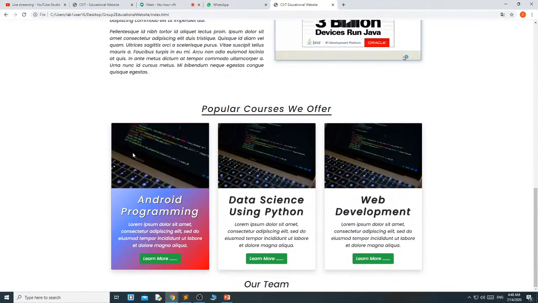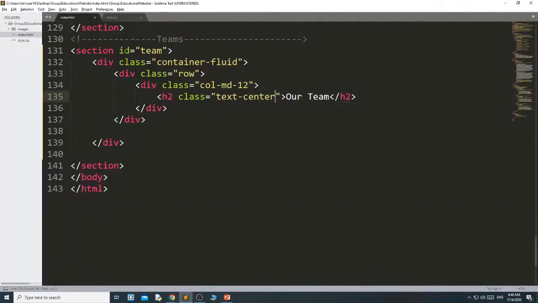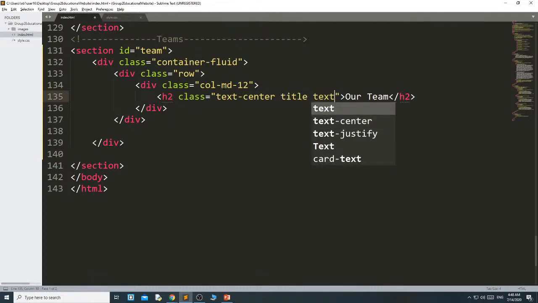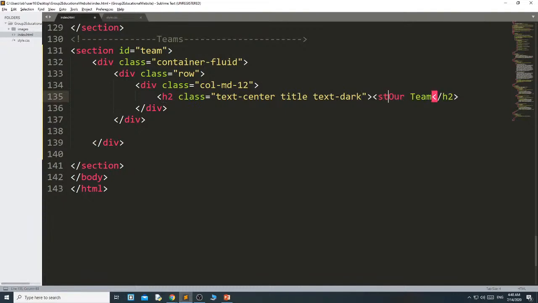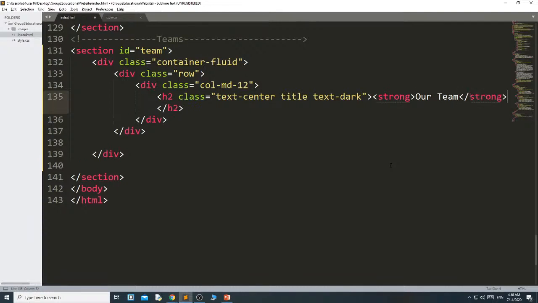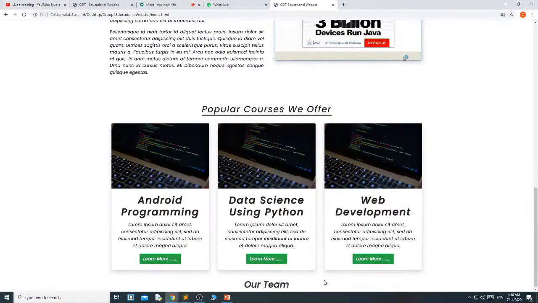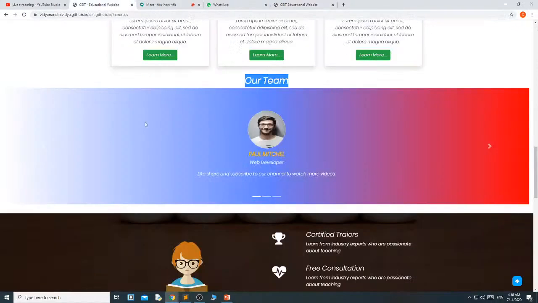Then I need text-dark, title text-dark, and this one I need in strong, and this one is in strong. Okay, this is a little bit strong and dark. Now under this I need this carousel.